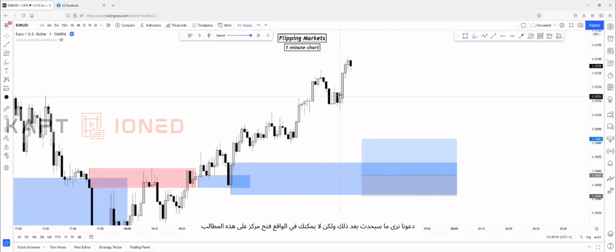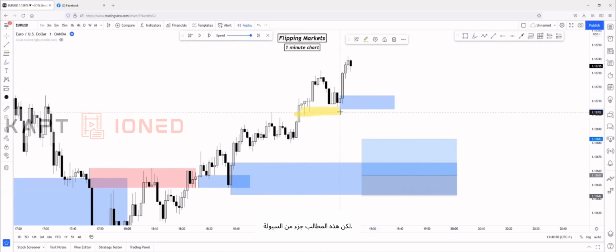But you actually can't open a position on this demand zone. As you can see, price formed this demand zone here. But this demand zone is part of the liquidity. Can you see how many equal bottoms are here? So you can't really open a position on this demand zone. You will want to wait for a liquidity sweep. And which zone will hold the liquidity sweep? More likely this